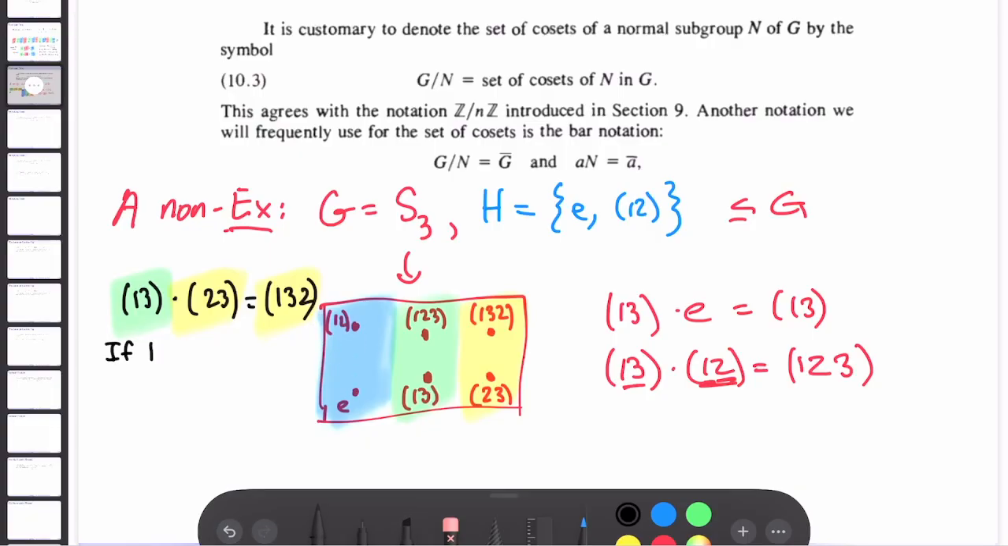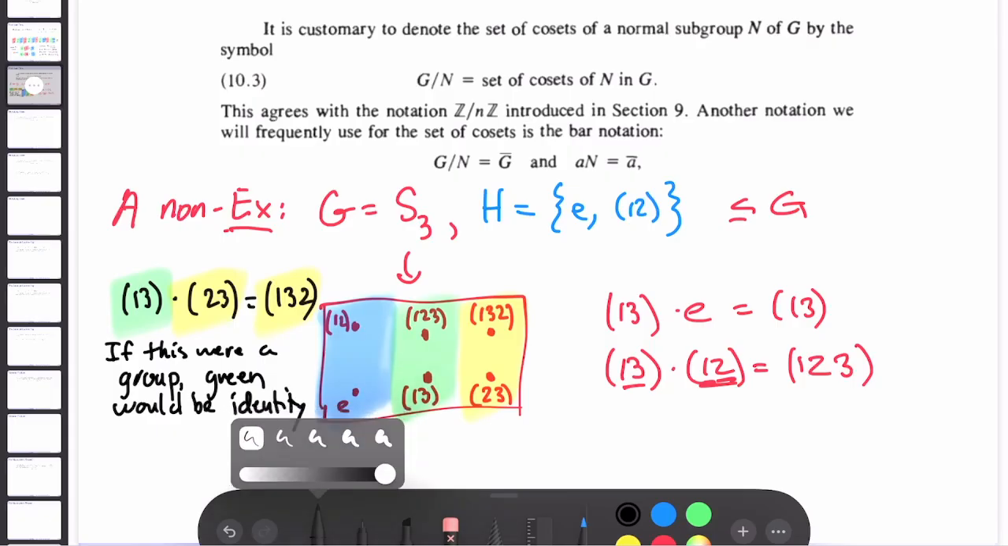So if this green would be the identity. Okay, but we don't think that green should be the identity. We think that blue should be the identity because blue, after all, is the coset that contains the identity element. Right? And so indeed, we can finish off this